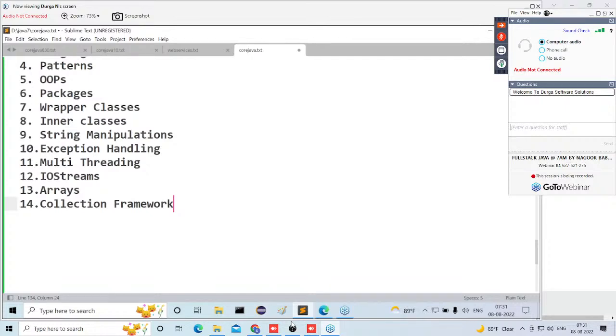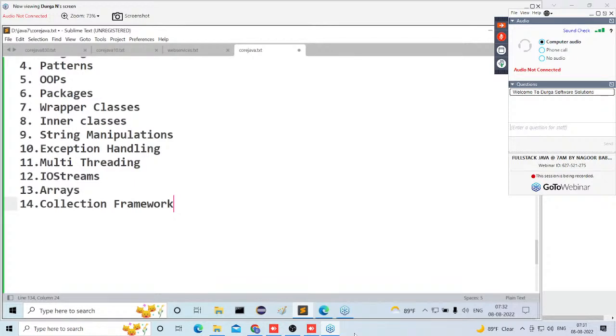That is another thing. Next one, apart from the predefined library and collection, arrays allow only homogeneous elements, only the same type of data. But when we go for the collection framework, we can keep heterogeneous elements. Say, for example, I will create one collection where I want to keep a student object. Yes, we can do that. In the same collection, I want to keep an employee object. In the same collection, I want to keep a customer object. So different types of elements I can keep inside the collections. So many advantages are available.